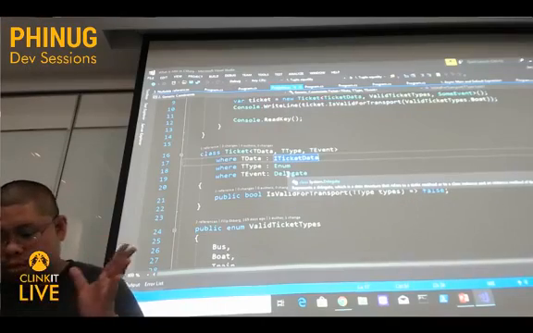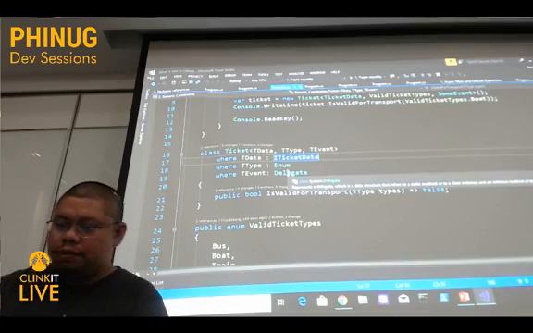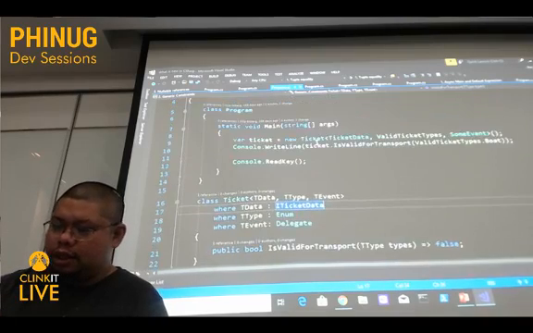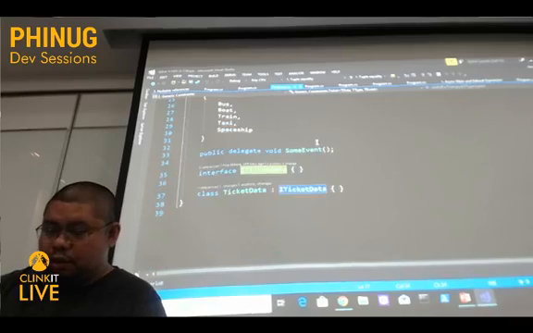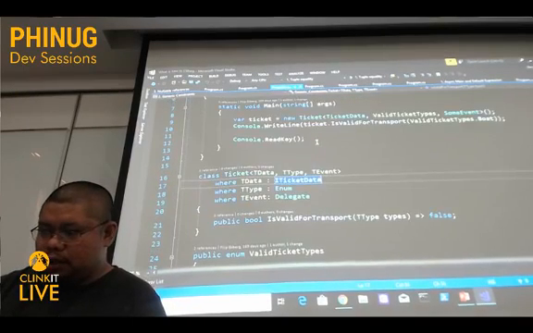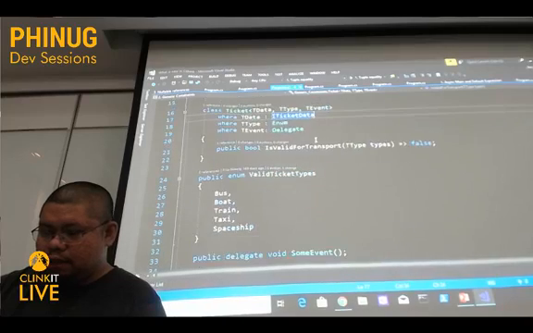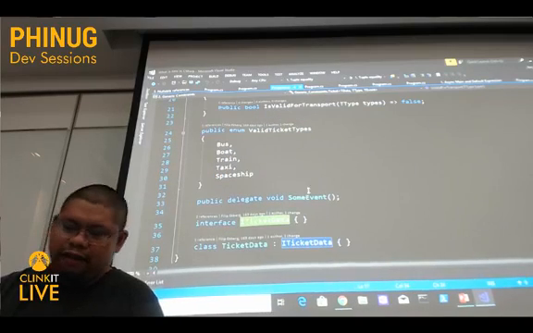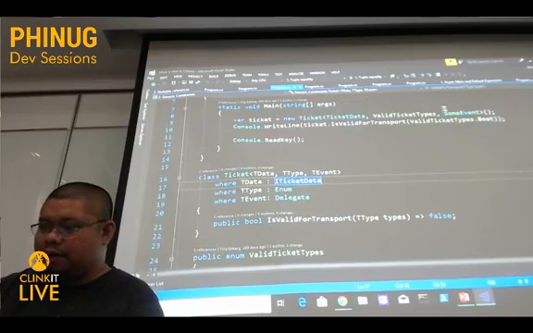So at least you could use those types na for function delegates. So function delegates is public delegate void, for example. Some event you could use it here